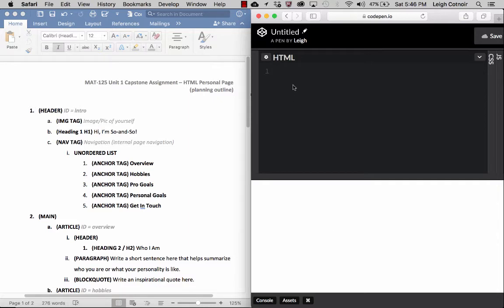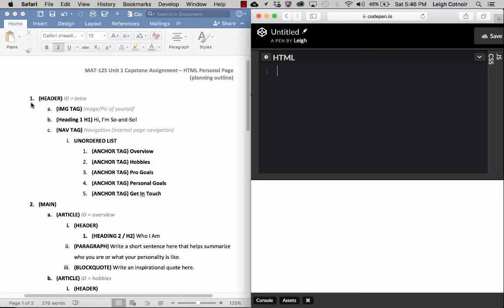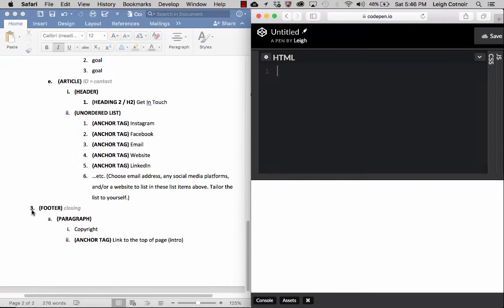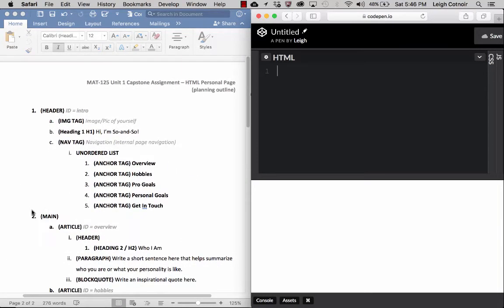So the first thing that's nice about looking at what we've got on the left is that we have everything already outlined, right? You can just look at these first things on the left, like 1, 2, and then 3, and you can see that those are the major sections within the body. And if you remember back to what I said before,